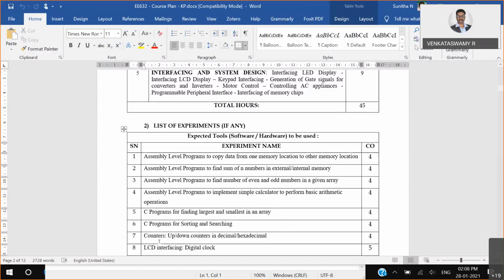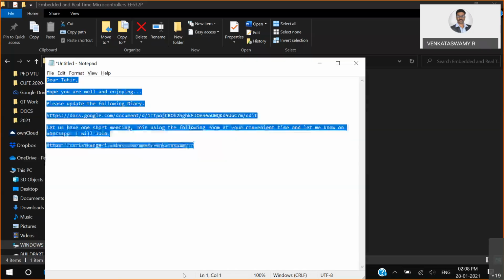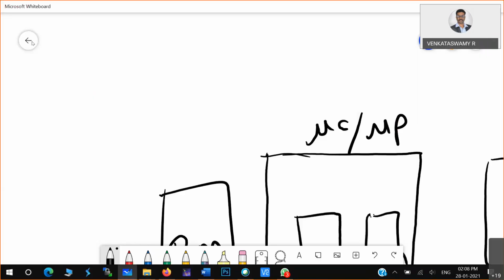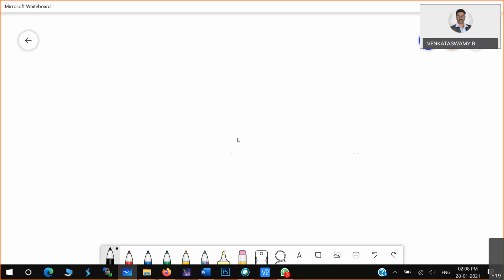So let us work on this particular program. What is that? Copying data from one memory location to other memory location. Okay, how exactly is it done? I think till now we are dealing with a lot of memory, internal memory, external memory, and this experiment will not be that difficult for you. It will be very easy. Some additional instructions will be introduced, and you may have to learn that also.